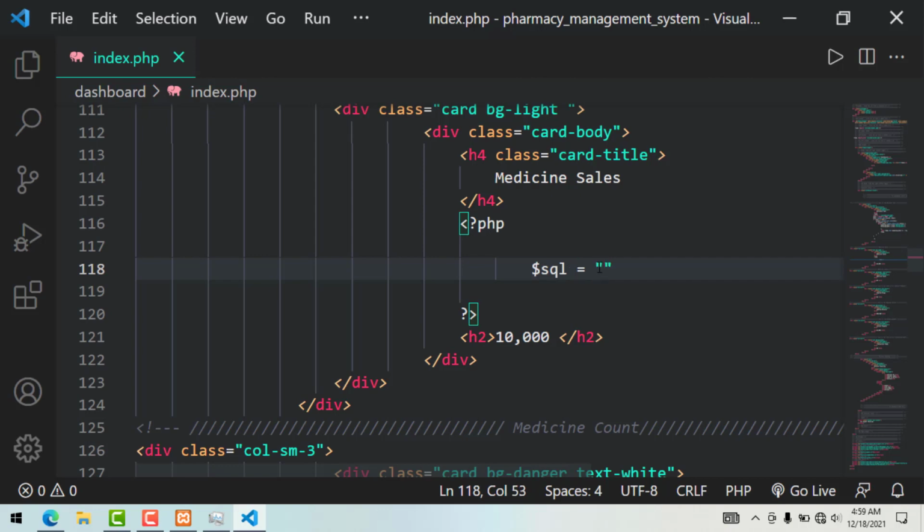So double quotes, and we say select, and here we are selecting the total sales for all the medicines sold. So for that, we are going to say